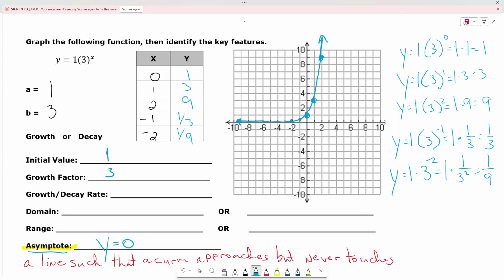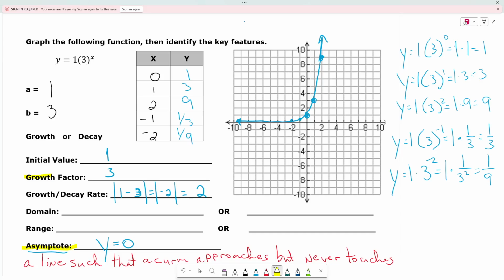And then to find my growth or decay rate, I'm going to take the absolute value of 1 minus 3. 1 minus 3 would be the absolute value of -2, or 2. So my growth rate, because this would be growth, it's getting bigger and bigger every time as it keeps going up,